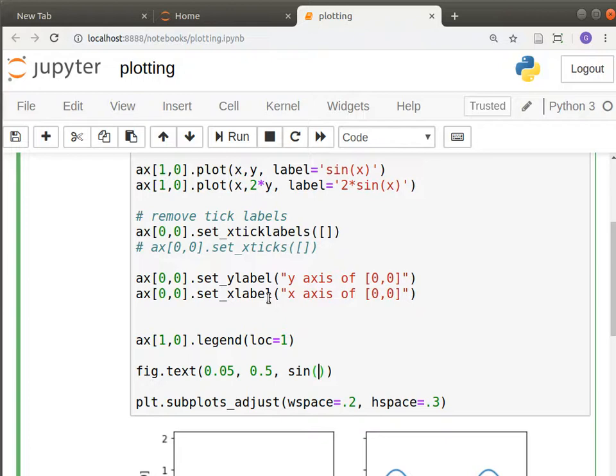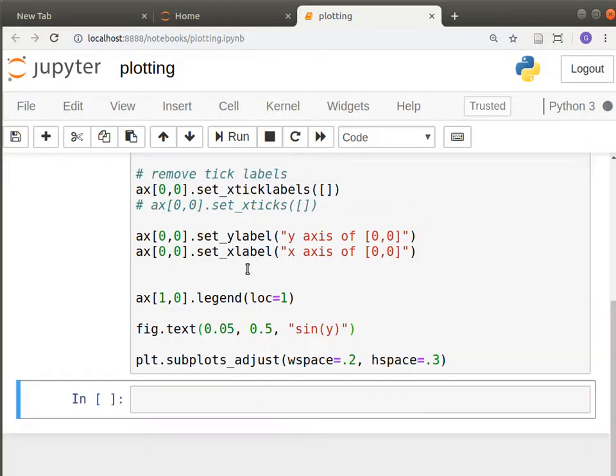So I'm setting the common y label. If I execute this command,